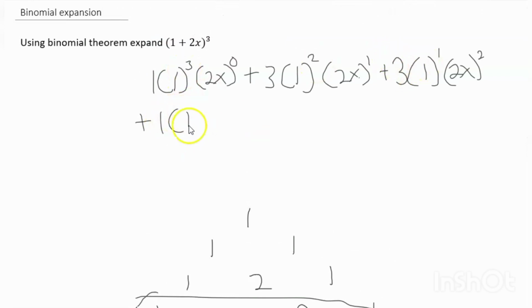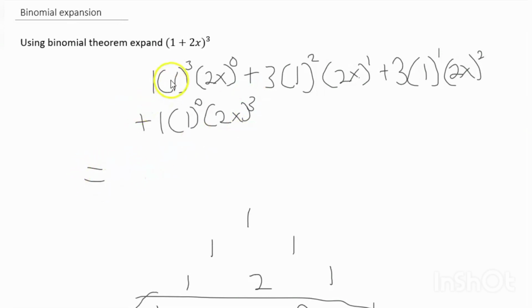1 into brackets. Now this 1 will decrease to the final number, which is 0. And this 2 would increase to the final number, which is 3. So that will be 2x to the power of 3. It's as simple as that. So what you're going to do now is simply